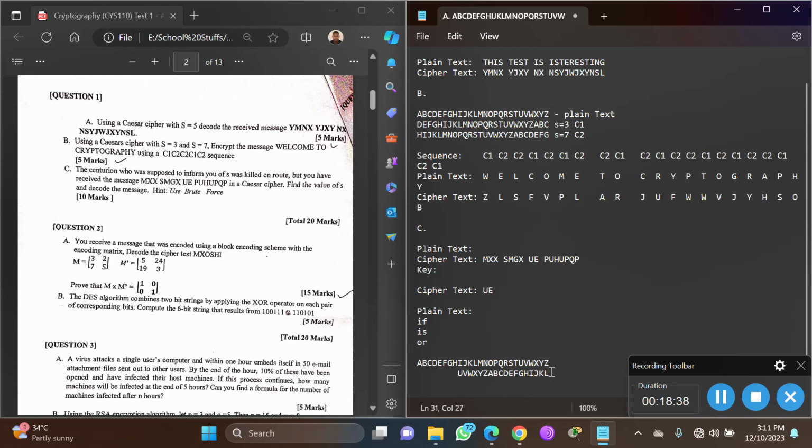So now because we have reached Z at L, we need to start from A: L, M, N, O, P, Q, R, S, T. Since we have U, I'll just combine these two. So you can see now we have this plain text and this cipher text. Let me now indicate that. This will represent plain text, as we know,